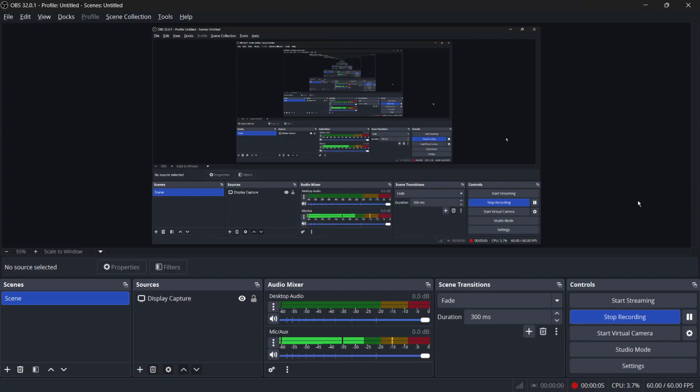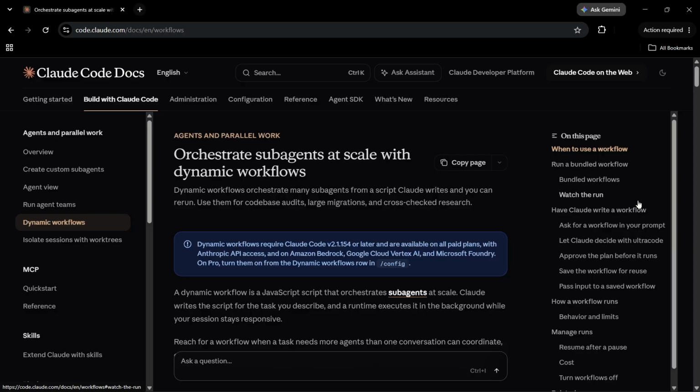And in this new tutorial, we're going to talk about one of the latest updates to the Claude Code CLI, that is the Ultra Code. So we're going to talk about the Ultra Code in Claude Code. The Ultra Code is an advanced session level setting for the Claude Opus 4.8 model. It pairs the highest reasoning effort, that is the xhigh, with automatic multi-agent dynamic workflows. So instead of relying on a single pass, Claude orchestrates multiple agents to independently plan, write, verify, and revise complex